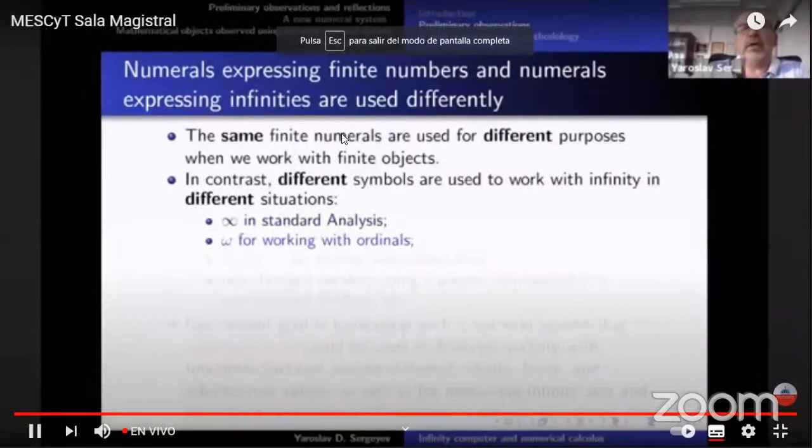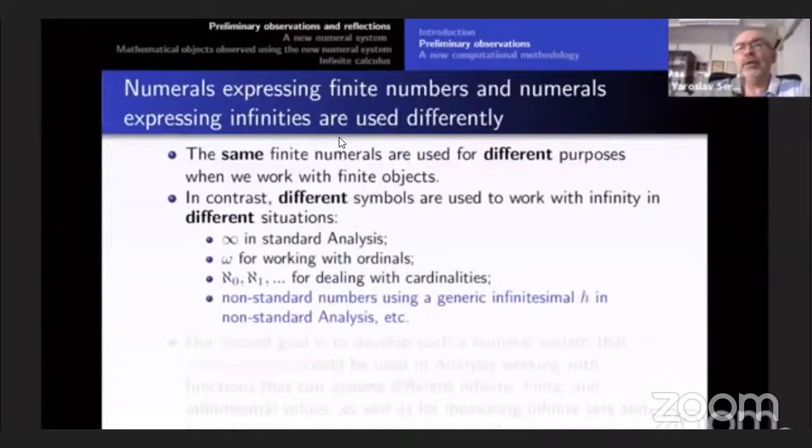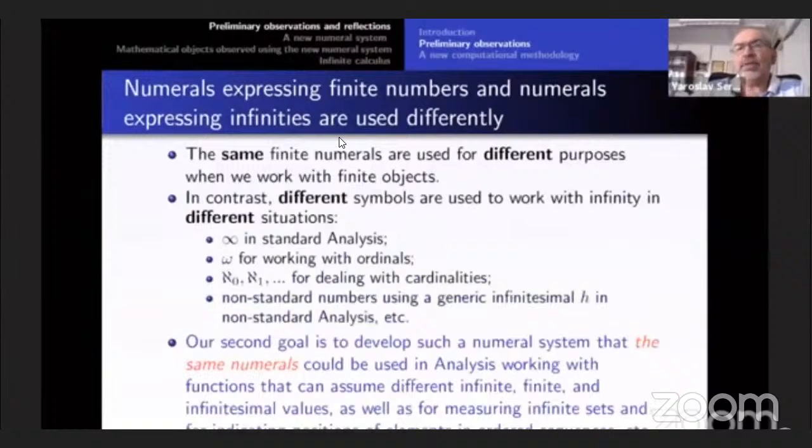When we work with Cantor's ordinals, these symbols, with cardinals, these symbols, then in non-standard analysis, you can talk about generic infinitesimals, so generic infinites. So our second goal is to develop such a numeral system that the same numerals could be used in analysis working with functions that can assume different infinite, finite, and infinitesimal values